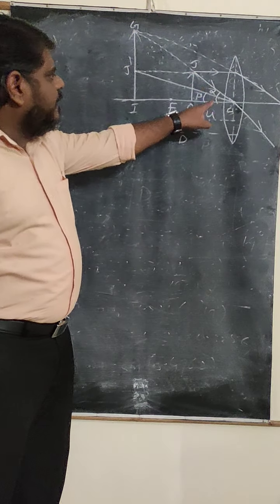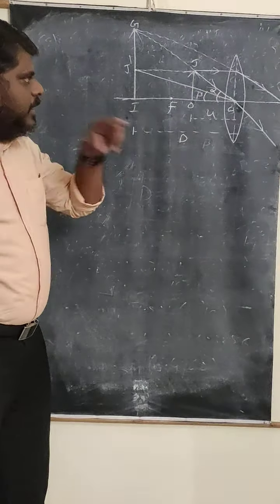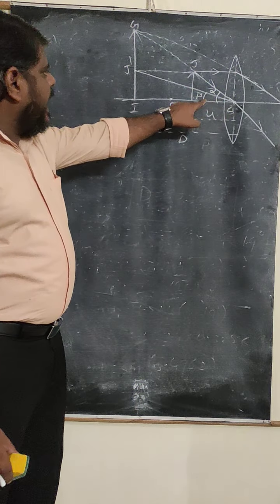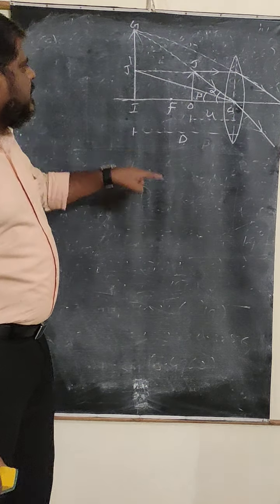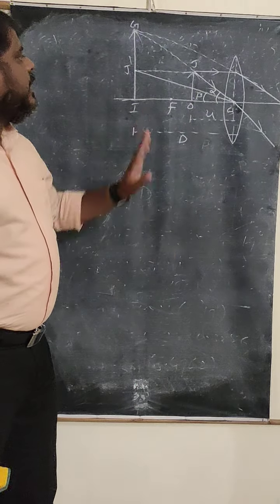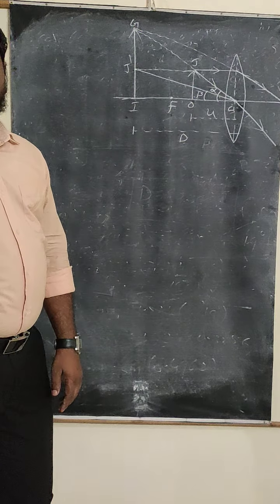Okay, this angle is alpha and this angle is beta. Alpha and beta are there. So beta is the angle made with the IJ dash. Alpha is the angle made with OJ. Okay. So this is the diagram part we are going to be taking here.